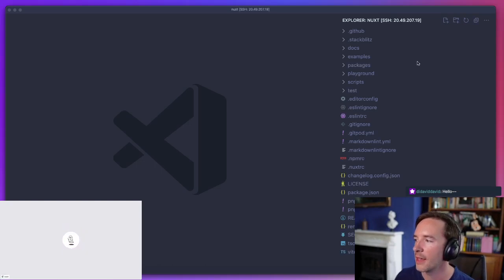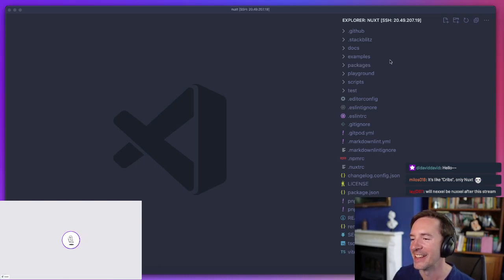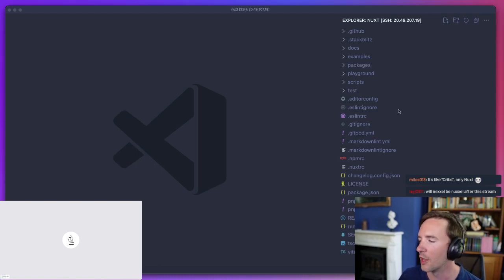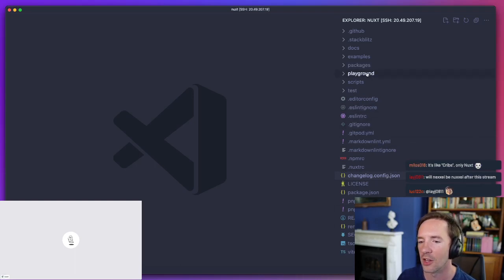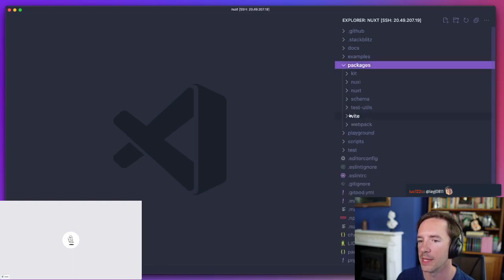Great. So I'll give you a really broad brush overview of what's going on in the repository, and then we can dive into that. So maybe start off with the type generation. For a start, you can ignore a lot of these files, which are chore files, like how we generate the change log. A lot of this is irrelevant. The actual code all lives in packages. Everything else is something that lives around it.